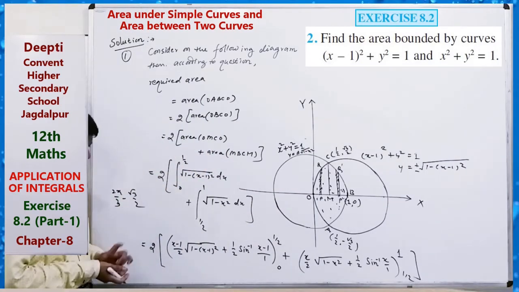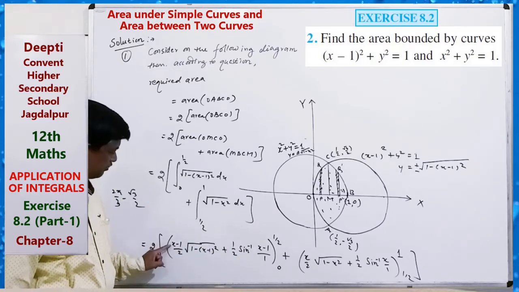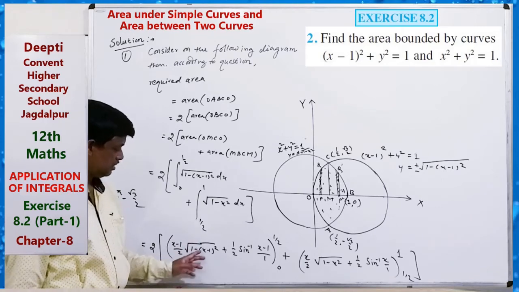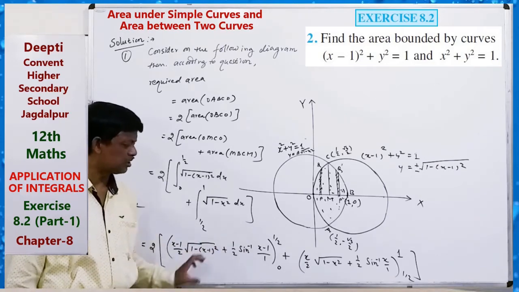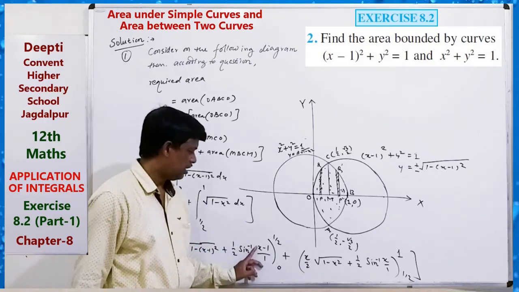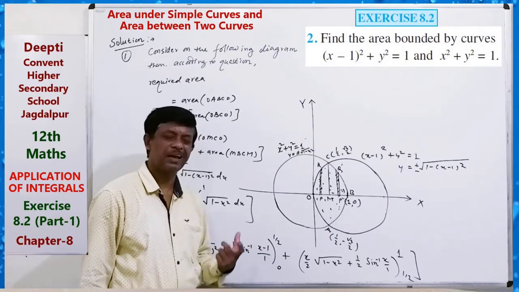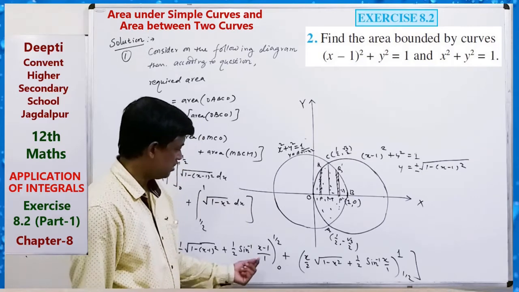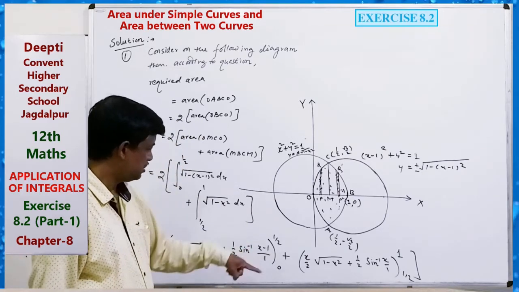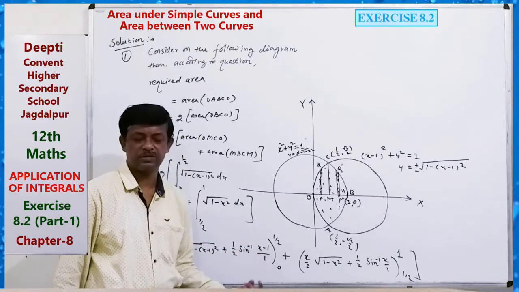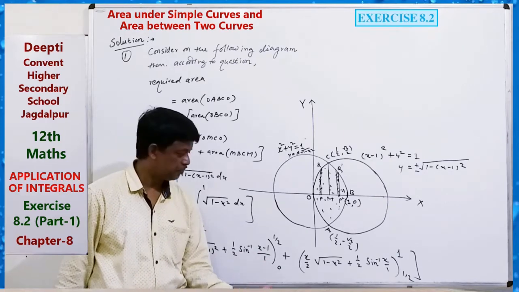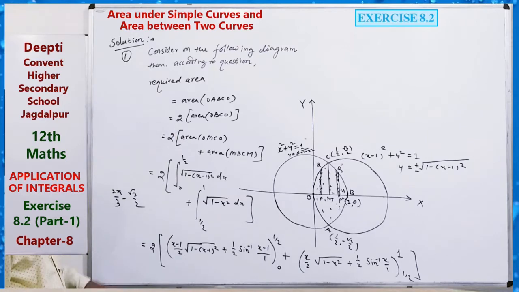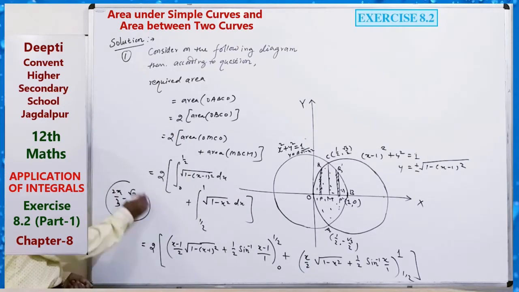You can get the result also: half minus 1, minus half minus 1 by 4, and here also half minus half. Totally you can solve it. Half minus 1 means minus half, sin inverse minus half means minus pi by 6. Also in terms of 0, sin inverse minus 1 means minus pi by 2. Similarly here you can put the limit and solve it. You can get the final answer like this.